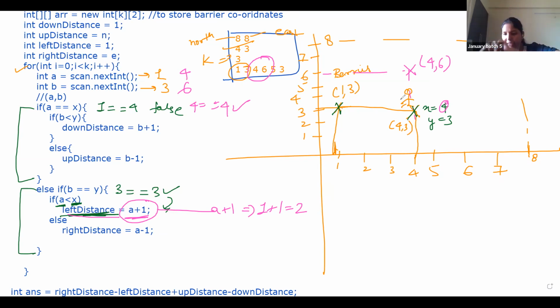अभी अगर इनका x point same है तो या तो इसके ऊपर हो सकता है या नीचे हो सकता है। तो how will we calculate? If the barrier point's y is less than intersection का y coordinate, तो down distance होगा, otherwise up distance होगा। फॉर्मूला क्या है? So we will check, b is 6, 6 less than y which is 3? No, so up distance है इसका मतलब। b कितना है यहाँ पे हमारा 6 - 1, तो 5 हो गया। ओके ठीक है, तो 5 हो गया अब up distance हमारा, और हमारा left distance था 2 अब तक।